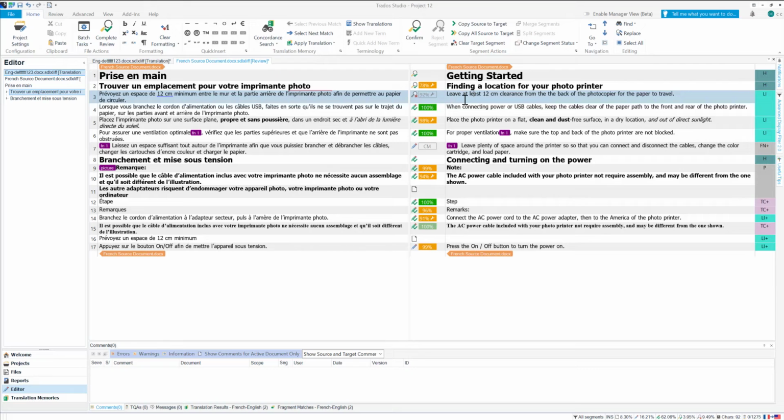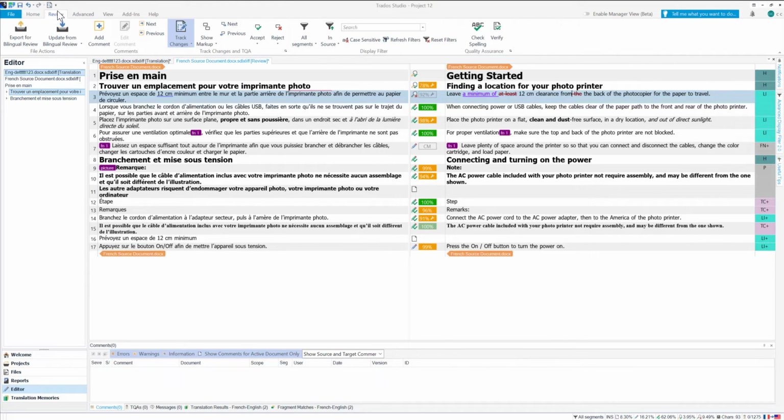In review mode, Track Changes is activated by default, so that any modifications that I make are tracked, as you can see here. The Track Changes option is in the Review tab, where I can turn it on and off. Final mode keeps the track changes in your segment hidden while you work on it, so that you see clearly what the results of your edits are. Turn Final mode off to display the final changes.